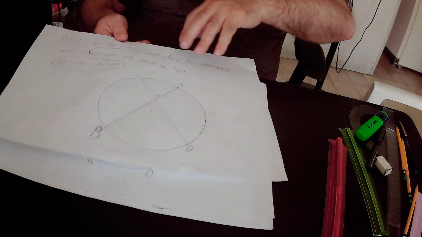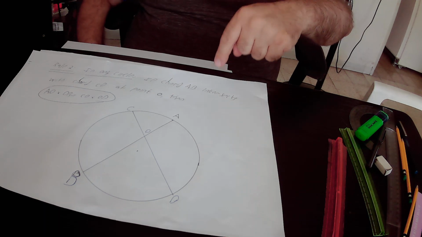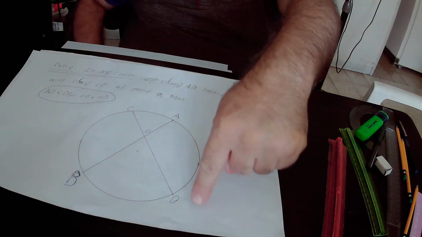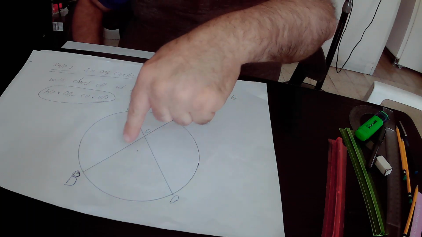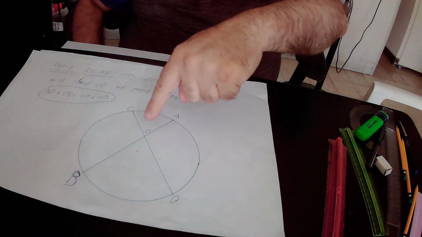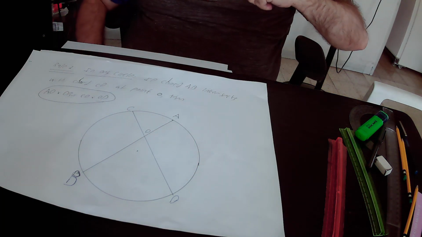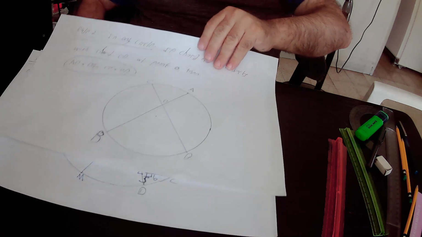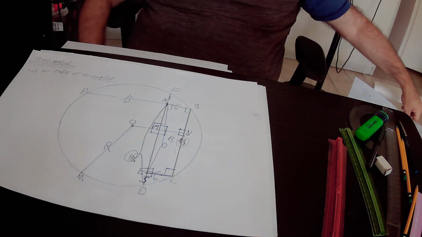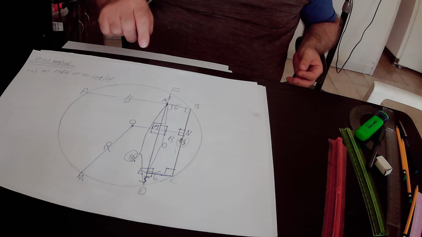According to rule number 2, if in any circle chord AB intersects with chord CD at point O, then AO times OB equals CO times OD. We can implement rule number 2 in our drawing, because in our drawing we have